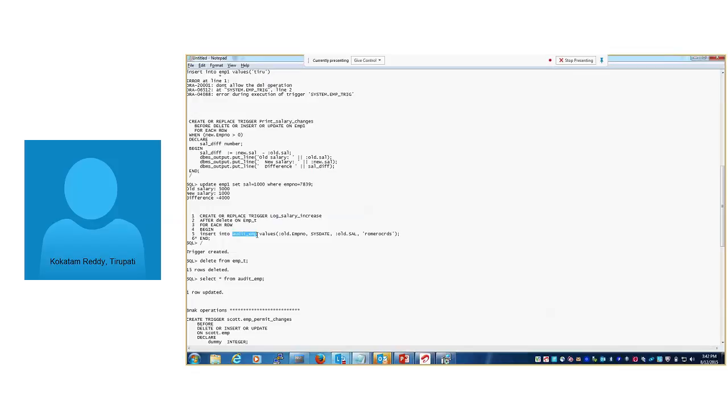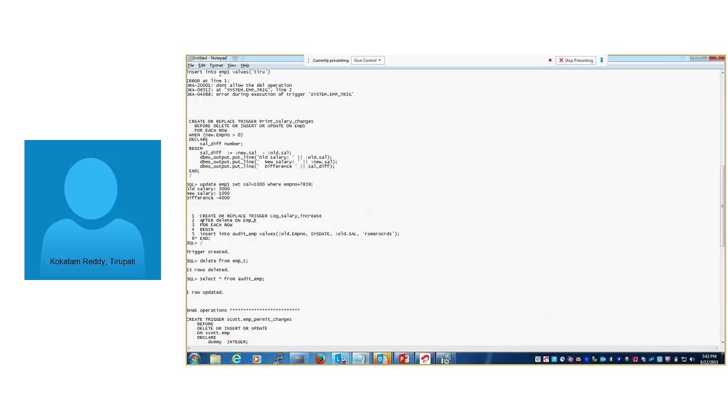Those information we are trying to trace: which user deleted, what the earlier data means old, what is new data, when he deleted, those information we will get. We didn't get new information because of delete.